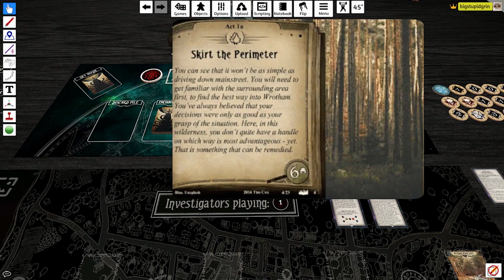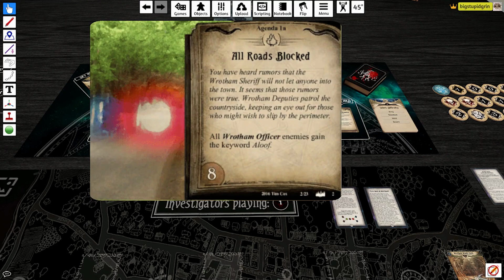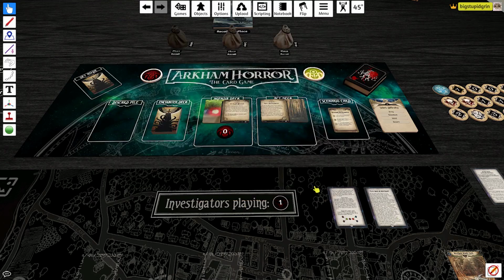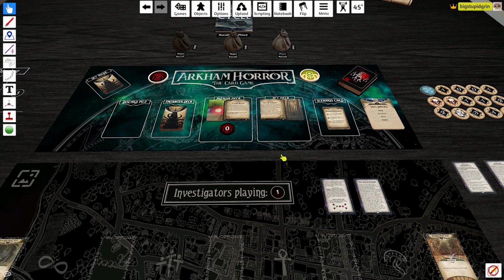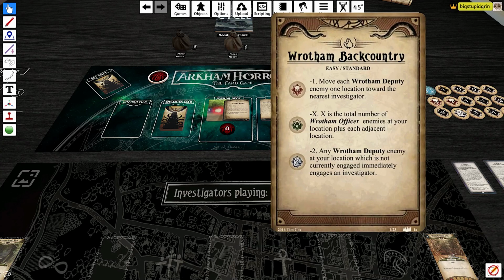And we have a whopping 6 clues per investigator to move on, and a threshold of 8. So probably not going to flip the act deck before the agenda deck goes off, but we'll see. Then with our scenario card on easy standard, our skull is -1, move each Rotham deputy enemy 1 location toward